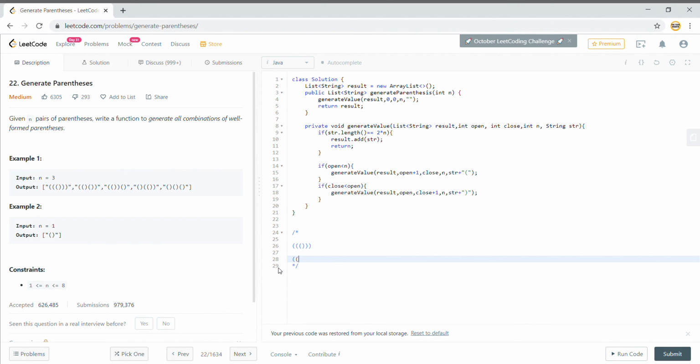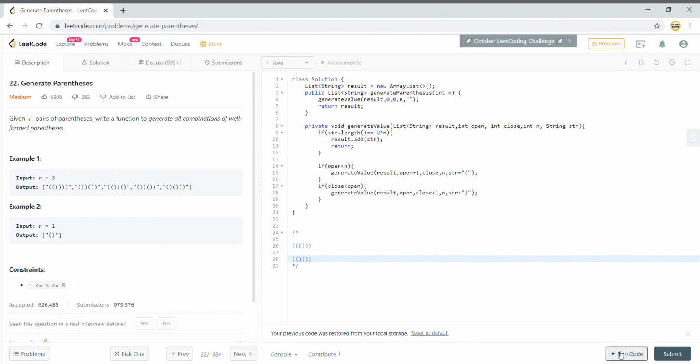So when we return from this position, we can have something like this condition, and we can add another closing bracket here. When we go for this closing bracket, my open will be less than n, because I have only 2 opening brackets, so I can have one more, but now n is equal to 3, so this condition will not succeed. Next the closing bracket will be added, and again one more closing bracket will be added. So that is how it should work.